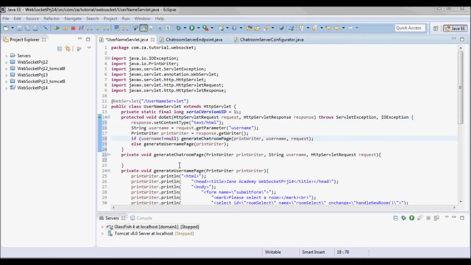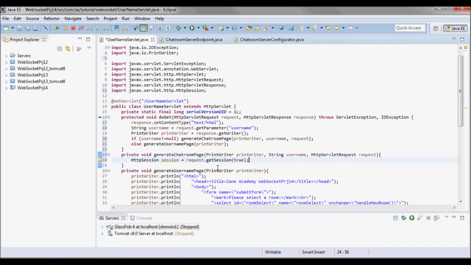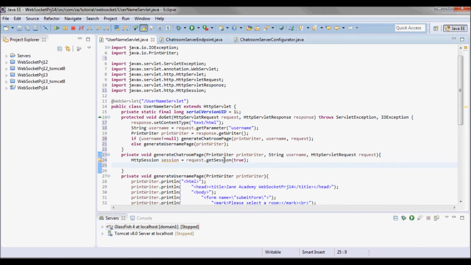And I will be storing the username in the HTTP session. So here in this method I'm passing the username, and I'll pick up an HTTP session, and do session.setAttribute for the username.